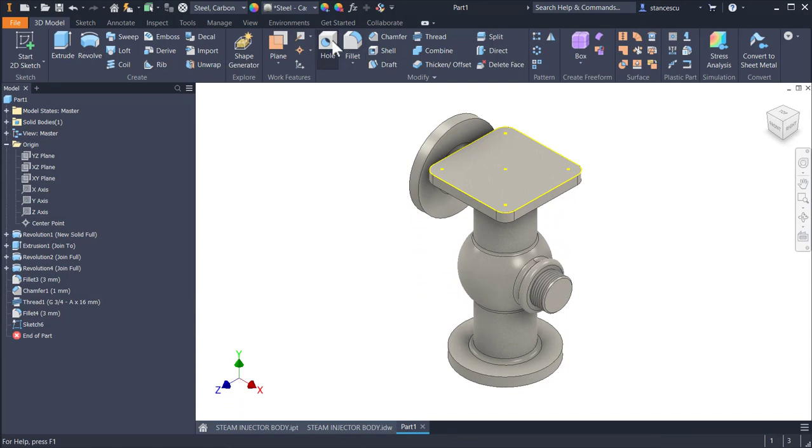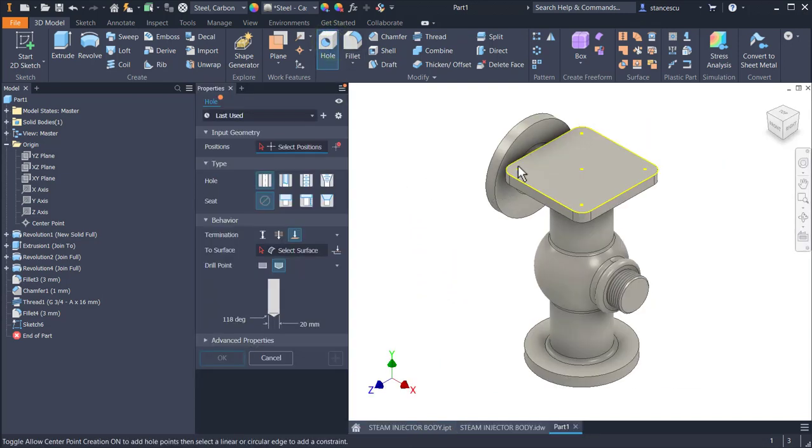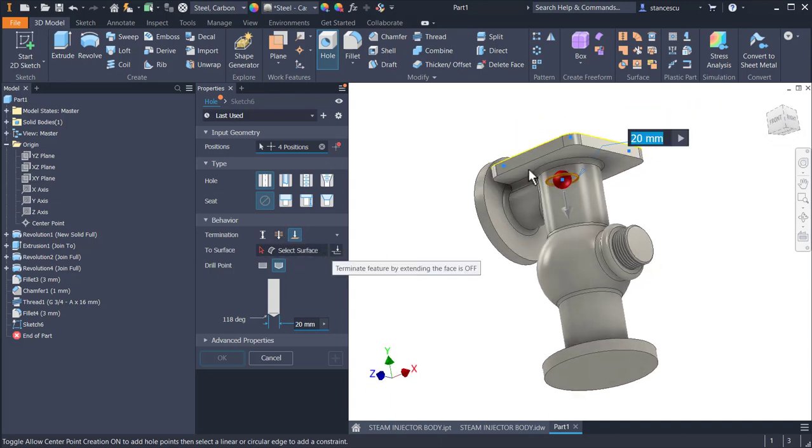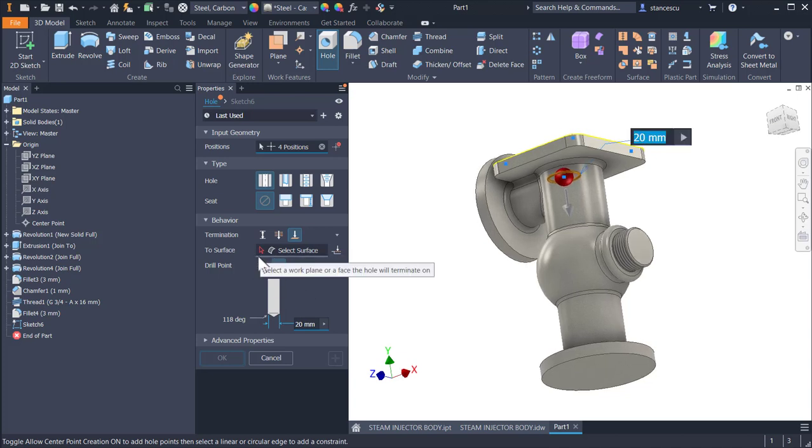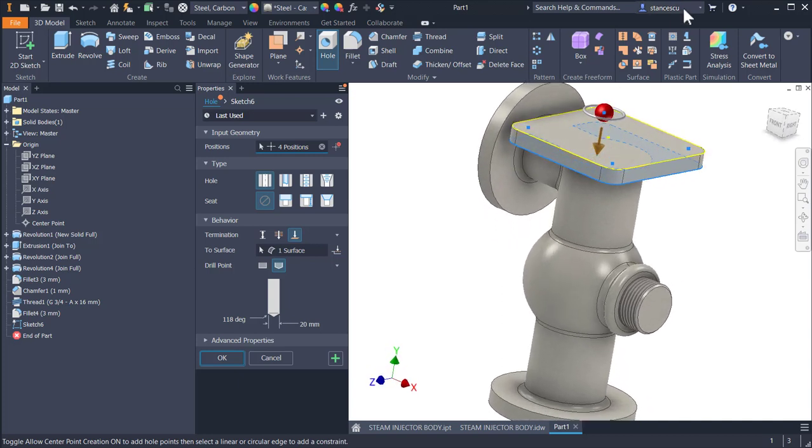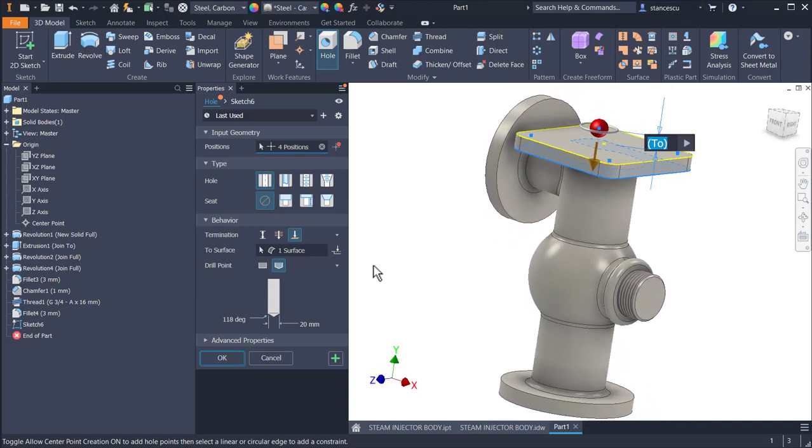Hole placed in all these 4 points to the face, to this face, but I have to apply. You don't see a blue underline here. Now you see it. Yes, and I select where to go that hole, and the distance,